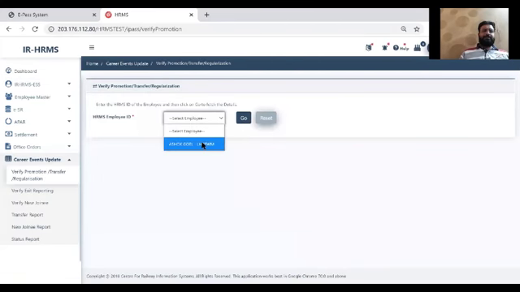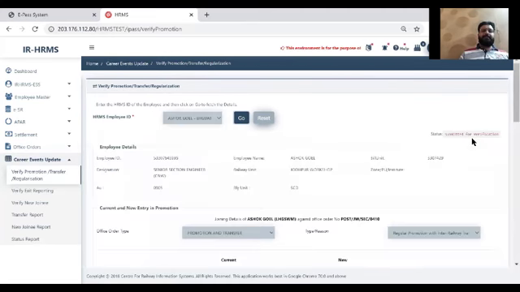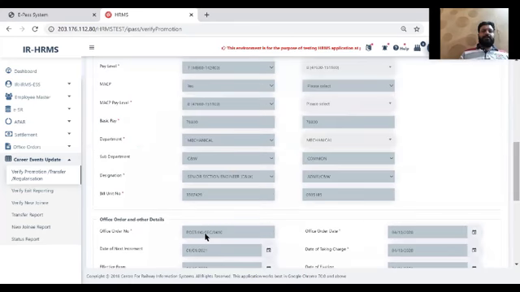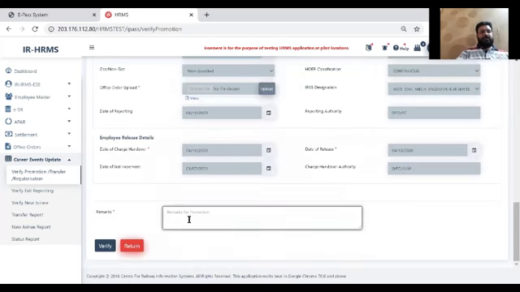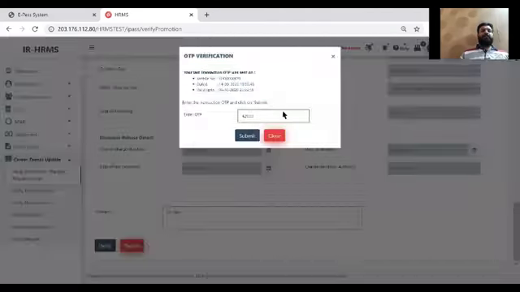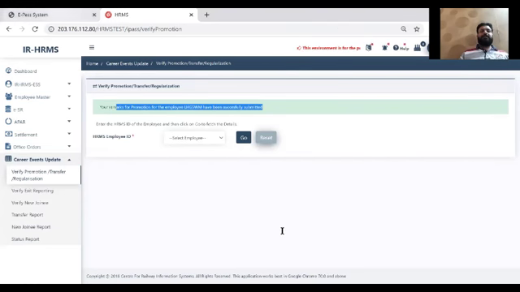We select Mr. Ashok Goyal that we have just entered. We click on the go button. Status is now submitted for verification. All the information is in read-only mode. So we either verify it or we can return it to our dealing clerk. To verify, we need a transaction OTP of this VA, and now this information is submitted to our level 3 officer, that is the accepting authority.